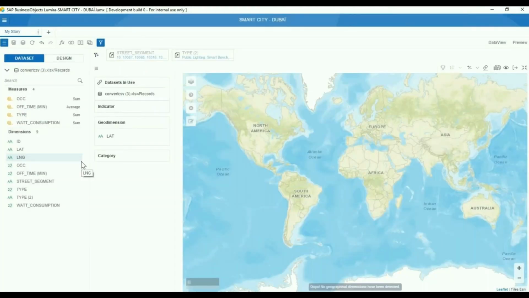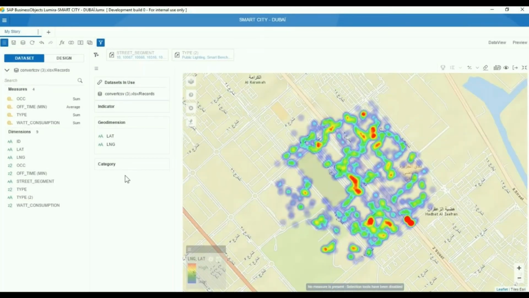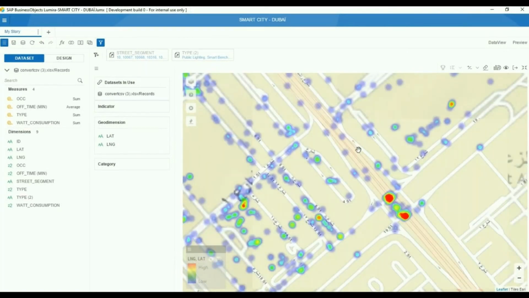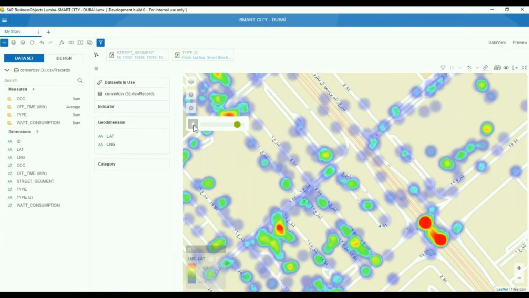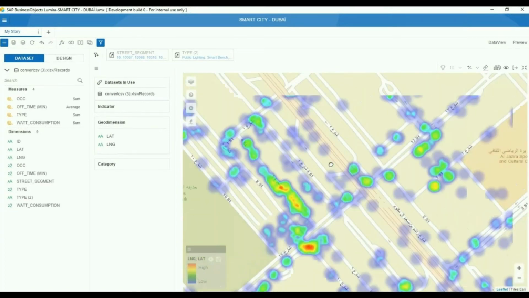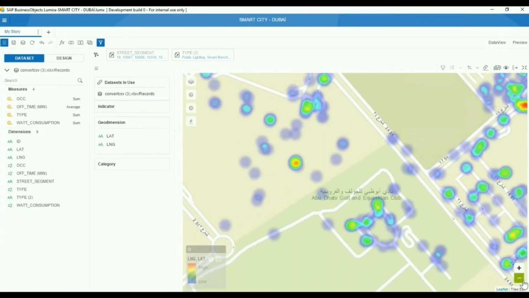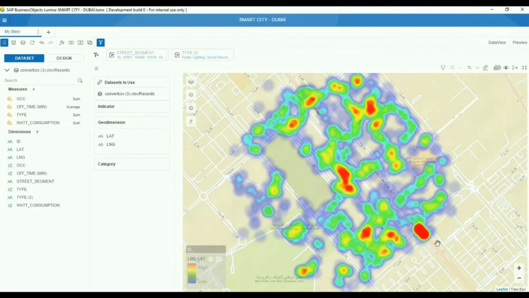So I can just drag and drop my latitude and longitude dimensions, like I'm doing right now, and automatically it's going to be mapped. And you see a heat map displayed by default. So there I have a first overview of the density of my sensors. So where are they located? Are there areas where I have more sensors than the others, etc.? And you see that I access such a visualization just by drag and dropping two dimensions, the latitude and the longitude. So there I'm highlighting the areas where I have